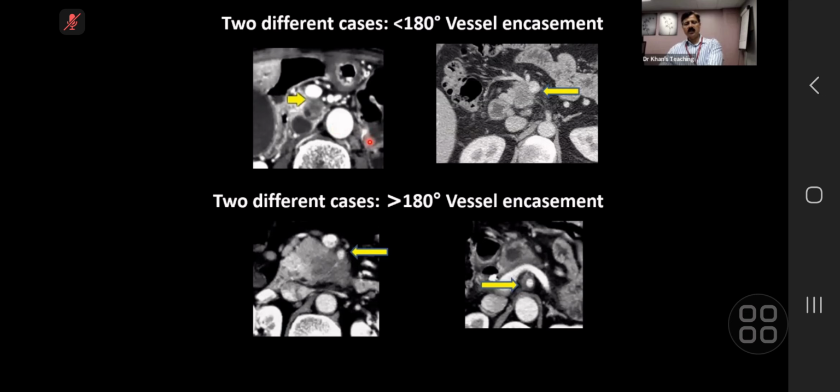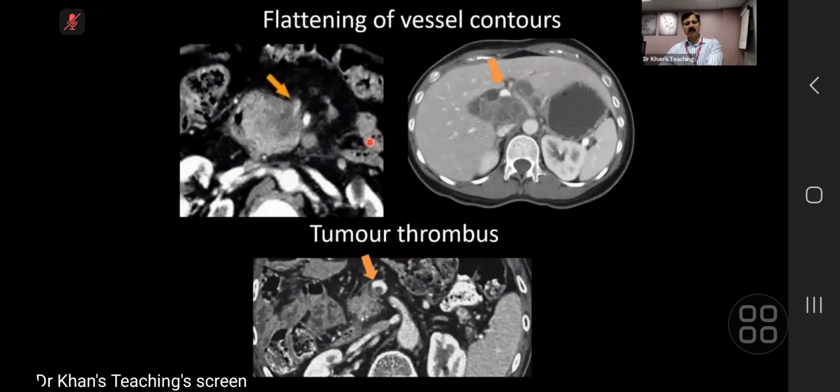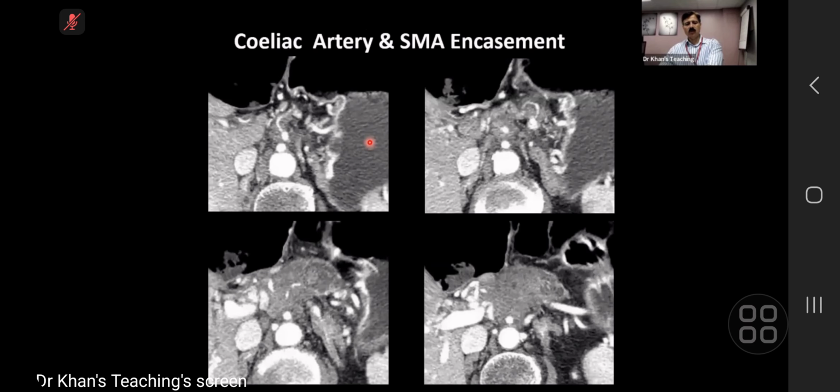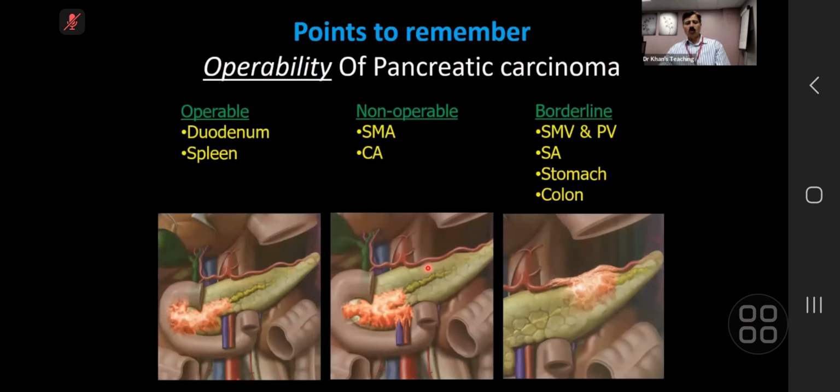It might still be possible. On the other hand, if the celiac artery and SMA are involved, then there is no hope. No surgery can be performed. This is a case where this is the celiac artery, and you can see that the tumor is completely encasing it. Take home, this is a very important slide where it tells you that if the SMA and celiac artery are involved, it is inoperable. If duodenum or spleen is involved, don't worry. Why? Because if spleen is involved, you can just do splenectomy with